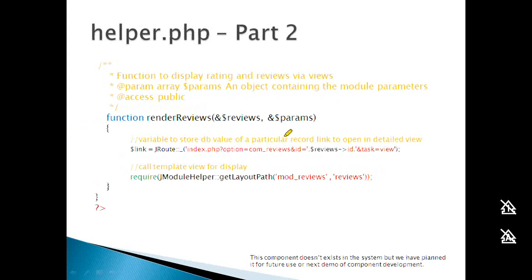One thing which I forgot to inform you here, you would notice that we are calling a template view here, and there is another thing being called in a separate line. So this particular file will call a particular template view and it will be shown up there.